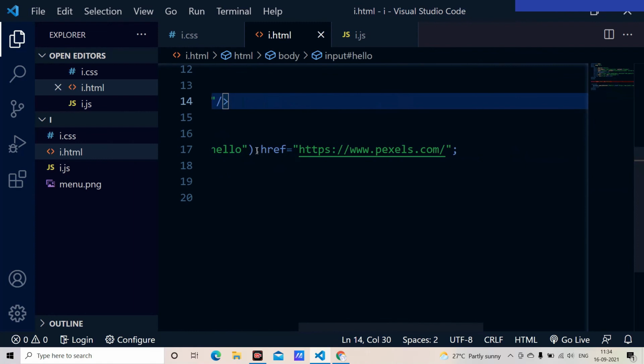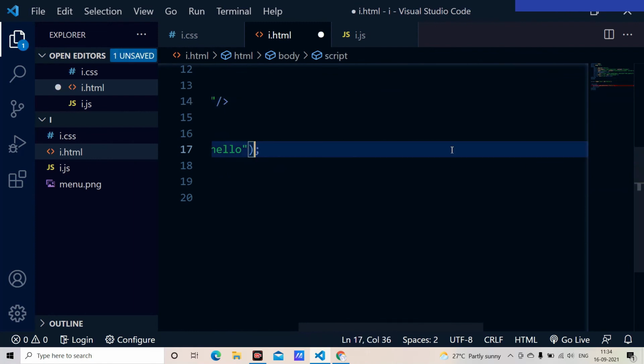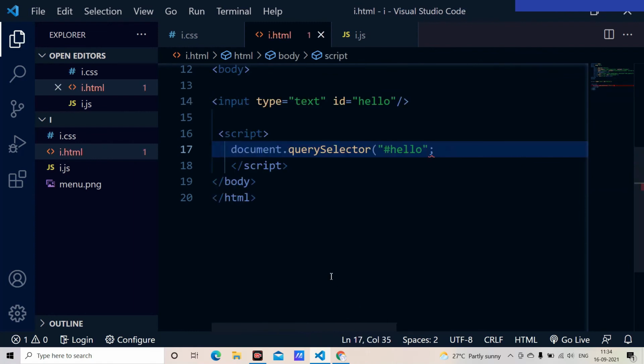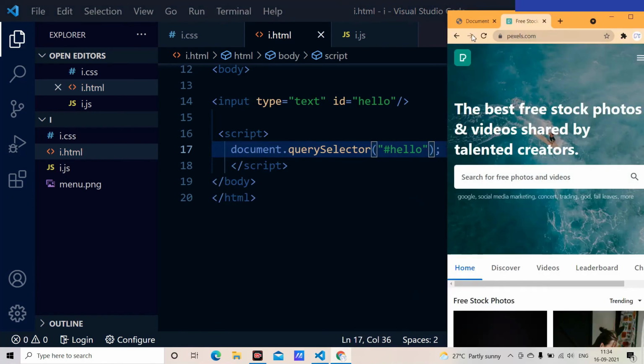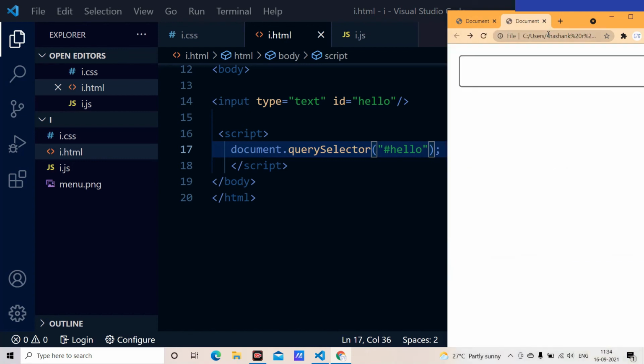I am going to cut this thing, and I will save it. As you can have a look at here, when I reload the whole site, I'm getting an input value. I can type anything I want.